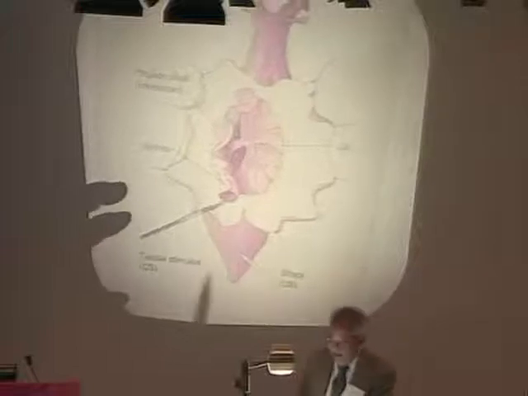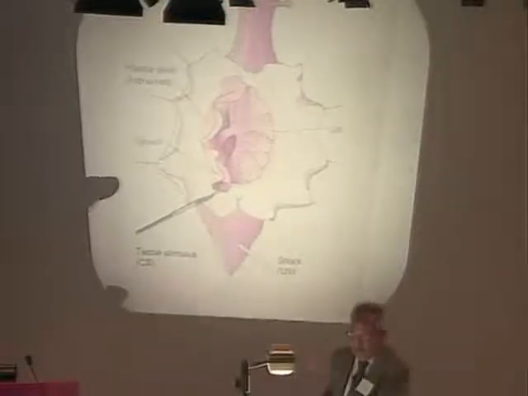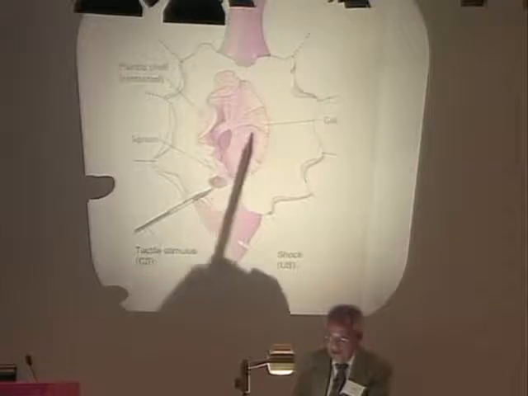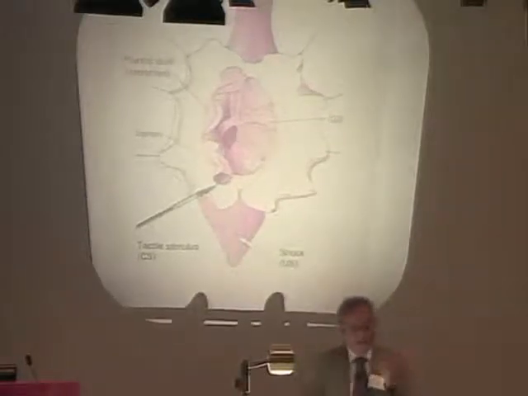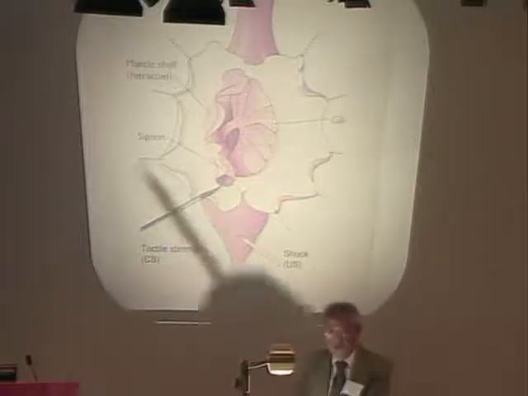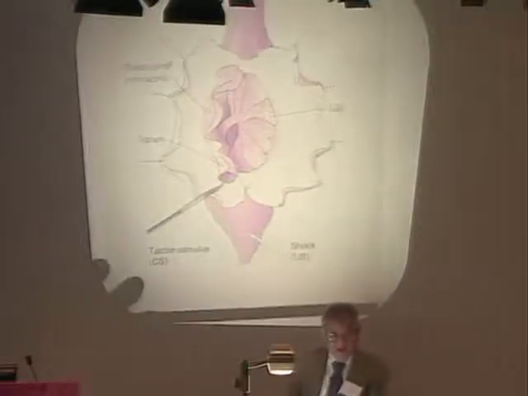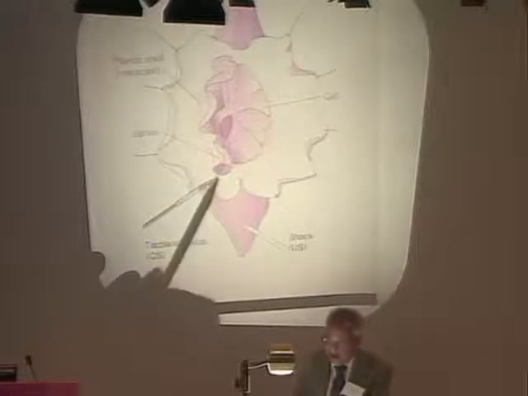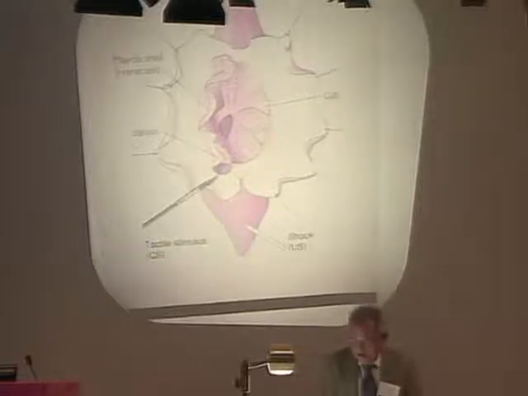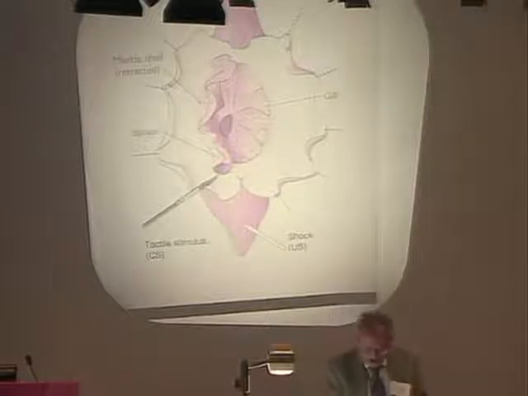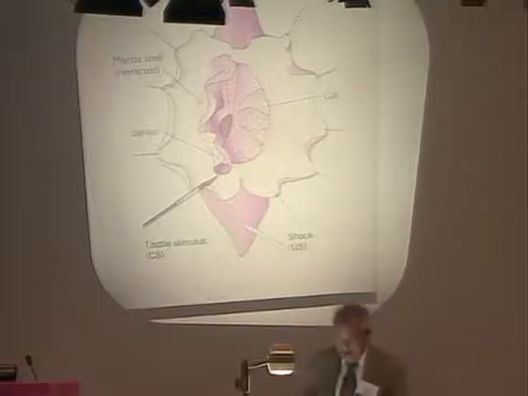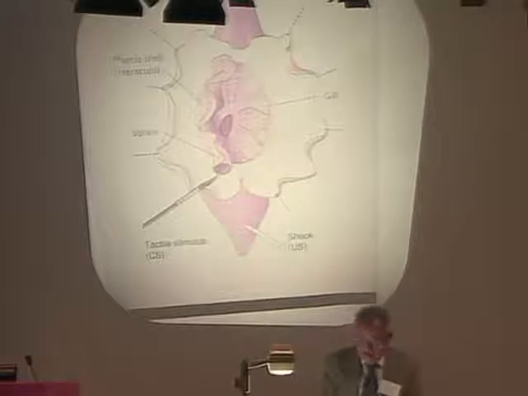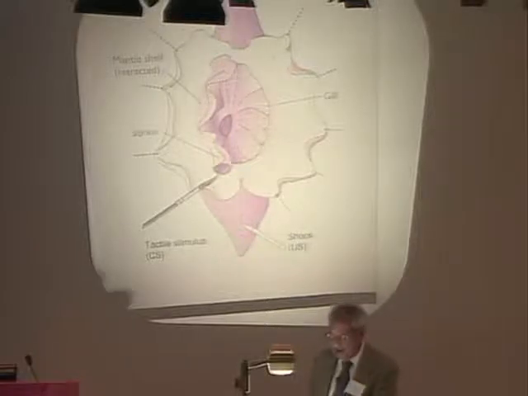It has a gill, which is for respiration. It's a sea snail, so it needs respiration. And there's a little siphon here. Both of them are very sensitive, so if they sense any danger, immediately they will withdraw and hide, okay? So what Kandel did was to touch it gently with a paintbrush, and immediately it would withdraw as he expected. And then in about 5 minutes, it will come back out again, and then Kandel would touch it again, and it would withdraw again, and he repeated a number of times.